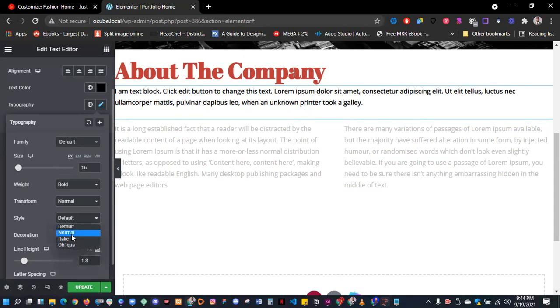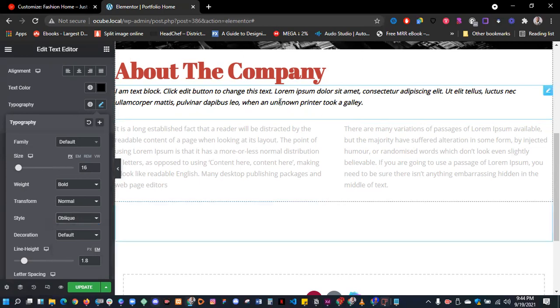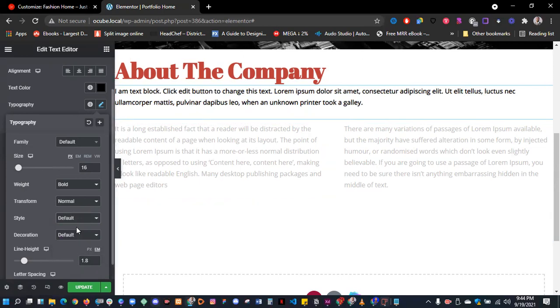Under style, you can say, I want it to be normal, I want it to be italic, and I want it to be oblique. So this is what it's like. Go back to default. Under decoration, I want it to be underlined. I want it to be overlined. I want it to be line through, and I want it to be none. So you see there is a lot of things you can do in this section